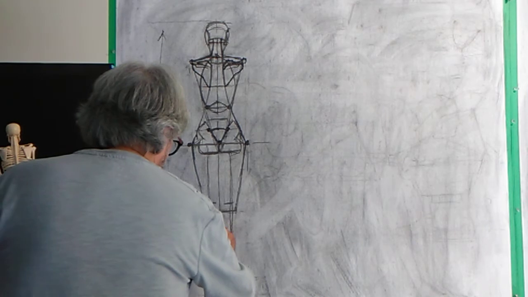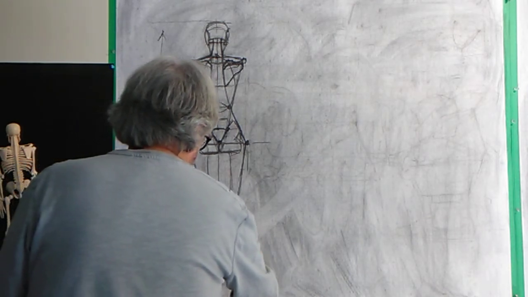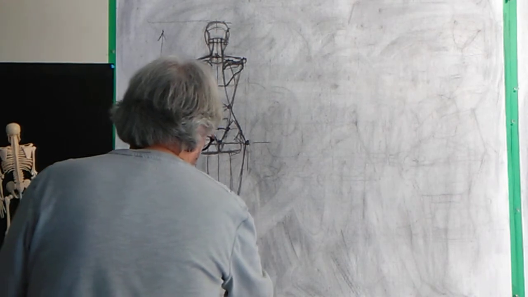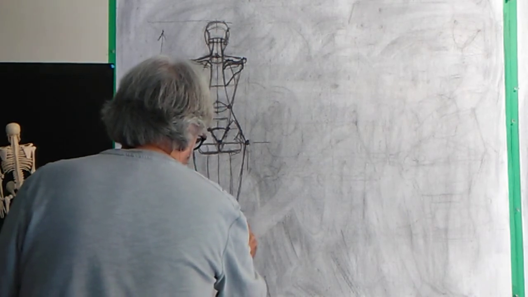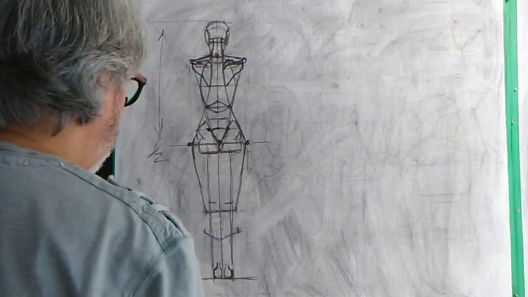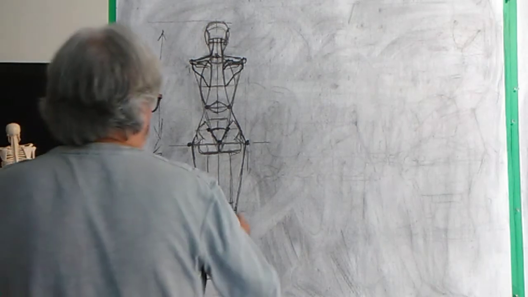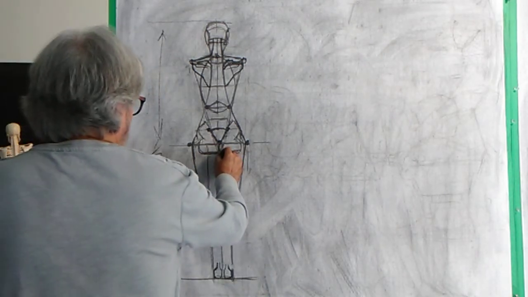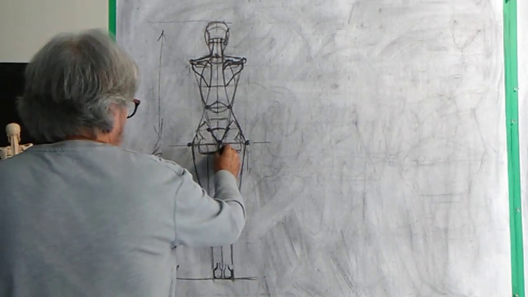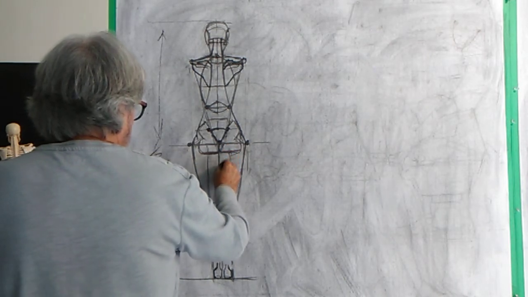So I'm going to put these guidelines in a little strong just so that you can see them. This is going to do the same. I'm going to run this across horizontally so you get an idea. So it's going to look very much like that as our general structure. The last part, or part of the middle of the thigh, is what I'm going to do is take the middle of the thigh, and I'm going to keep the thighs together at this point,